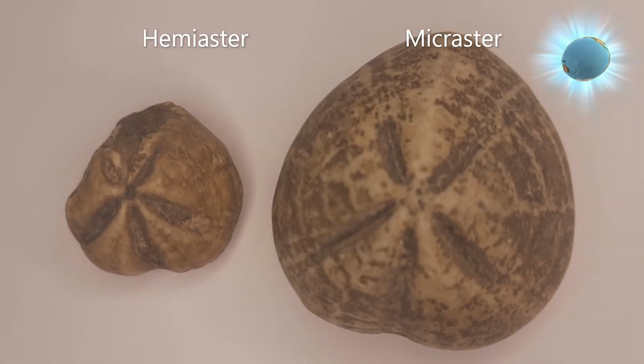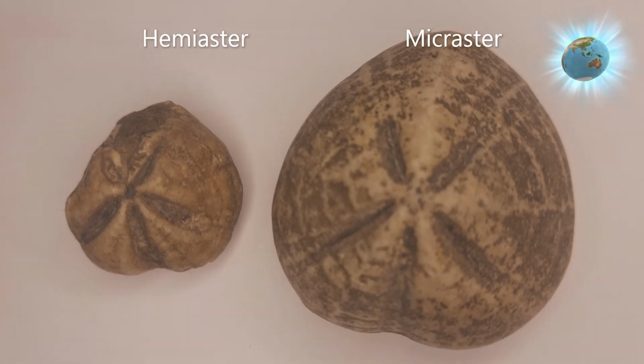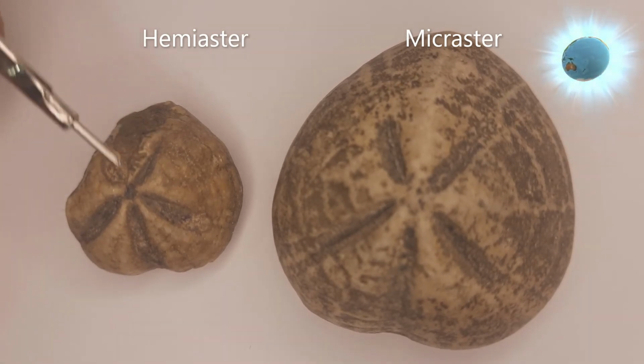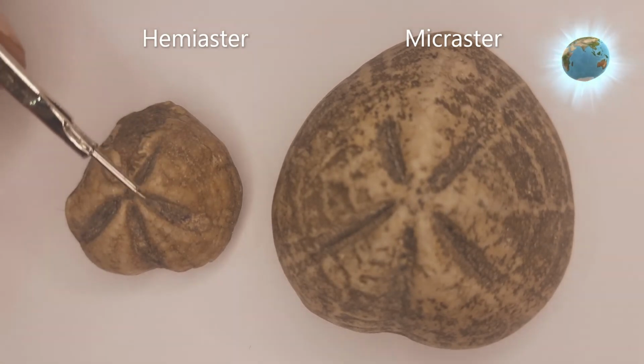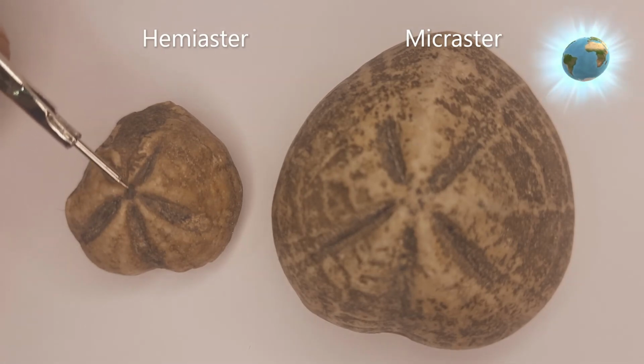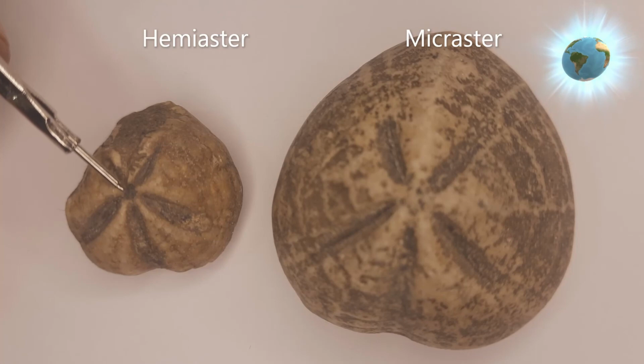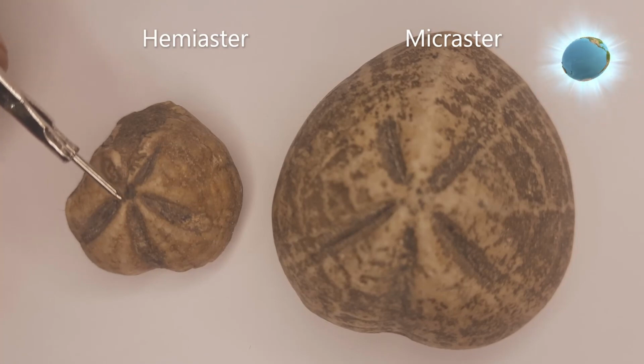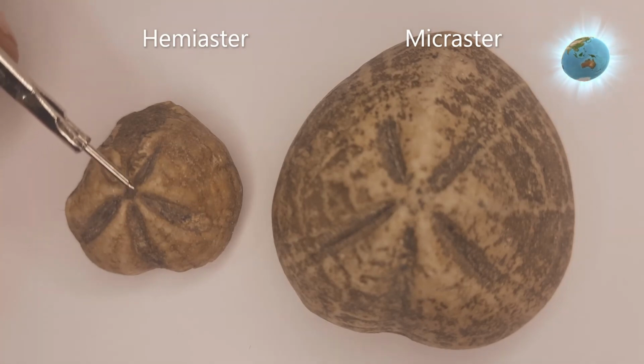See the identical similarity. Now you can identify umbilical areas and interumbilical areas here. See, this is the apical system. This is the place for the anus. This apical disc is at the center. This also has an apical disc at the center, with a hole at the center, that is the anus.